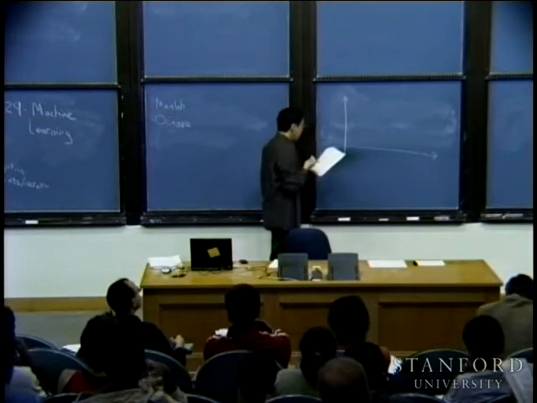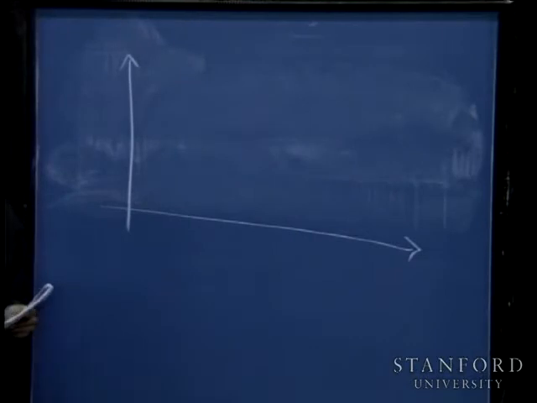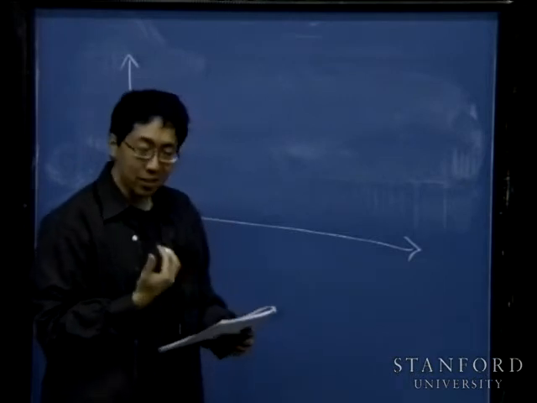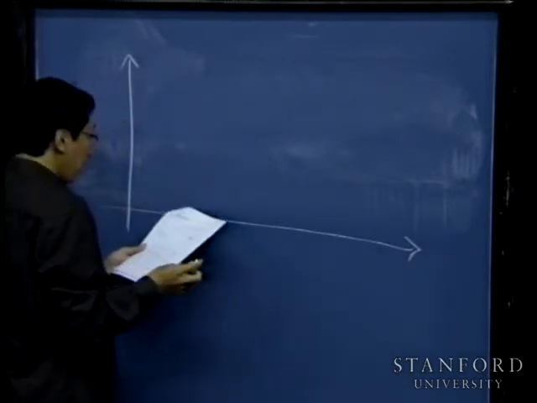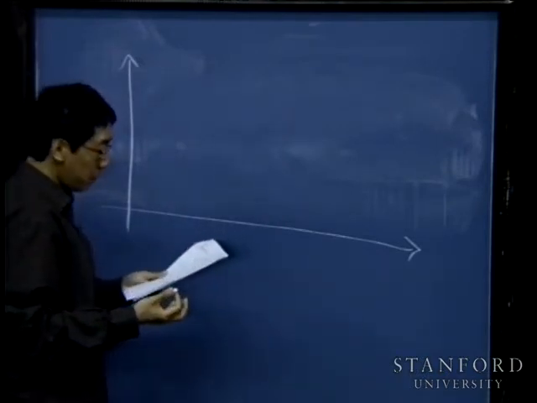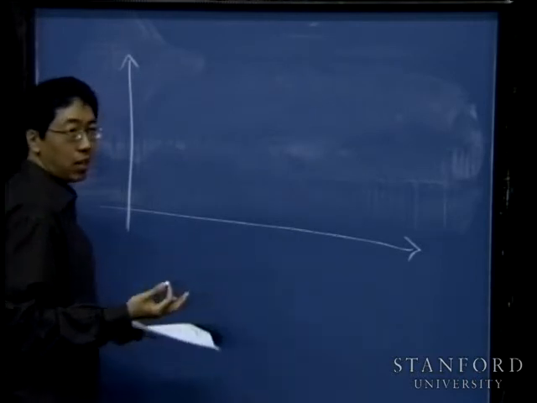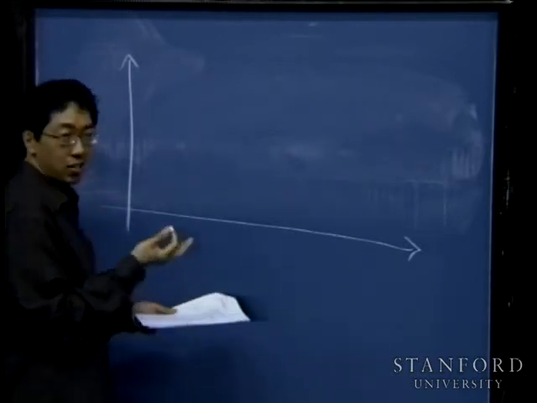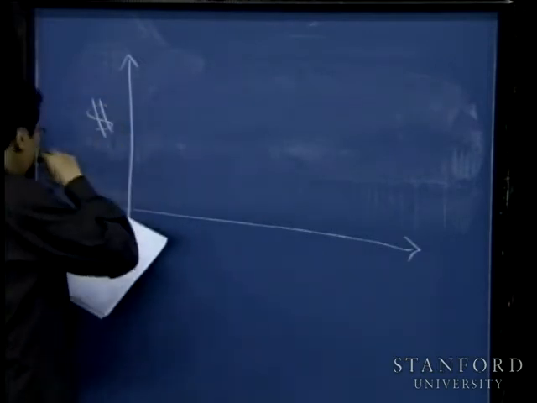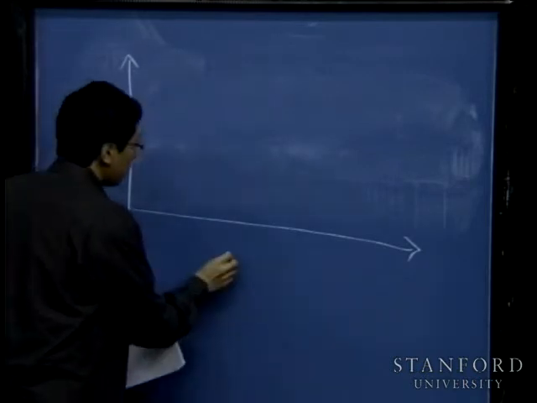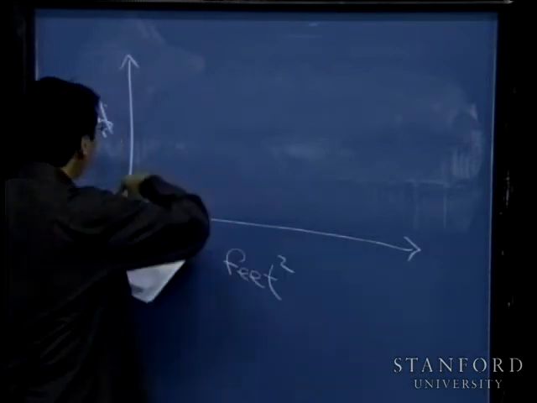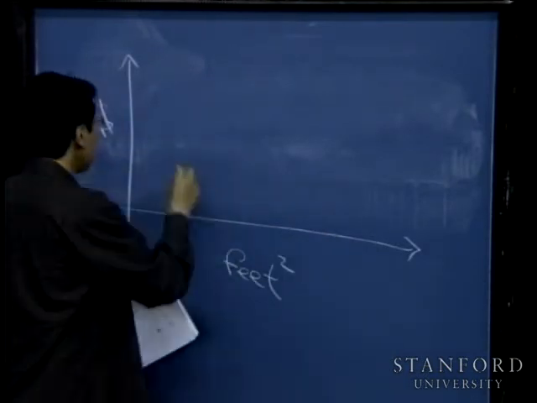So suppose you collect a data set of housing prices, and one of the TAs, Dan Ramage, actually collected the data set for me last week to use as an example later. But suppose that you go to collect statistics about how much houses cost in a certain geographic area, and Dan, the TA, collected data from housing prices in Portland, Oregon. So what you can do is, let's say, plot the square footage of the house against the list price of the house, right?